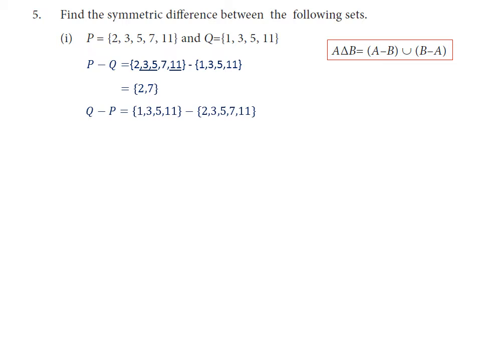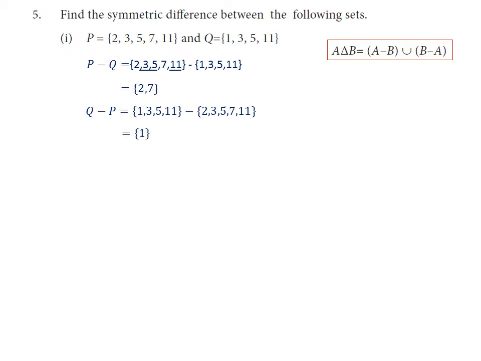Which set you are subtracting from, you have to check the first set Q. In that Q, 1 is not there in P, so write that element. 3, 5, 11 are also there in P, so leave those elements. No need to look and check the other elements of the P set. Check the Q set: if that element is also there in P, you leave it; only in Q means you write that element. That is Q minus P. So only 1 will come.